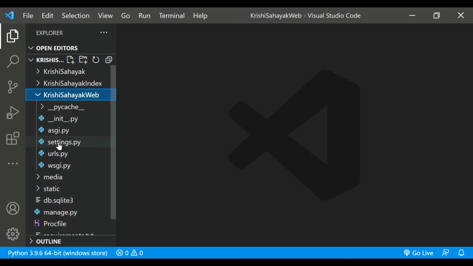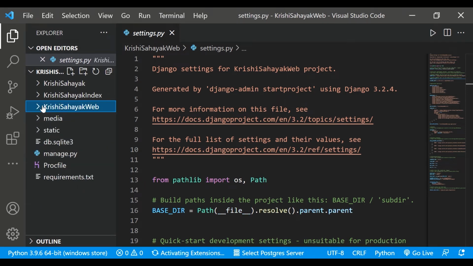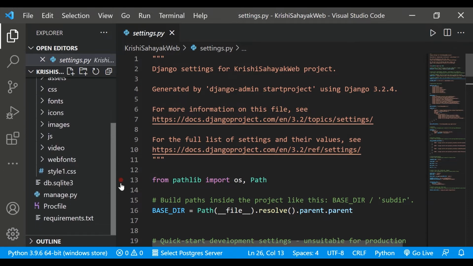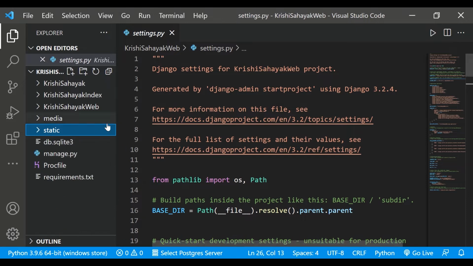The project folder is the only folder which contains the settings.py, and no other folder contains the settings.py. And then I also have the static folder where I have assets, CSS, fonts, icons, images, JavaScript folder, video and web fonts. Then I have the manage.py, db SQLite 3, Procfile and requirements.txt.